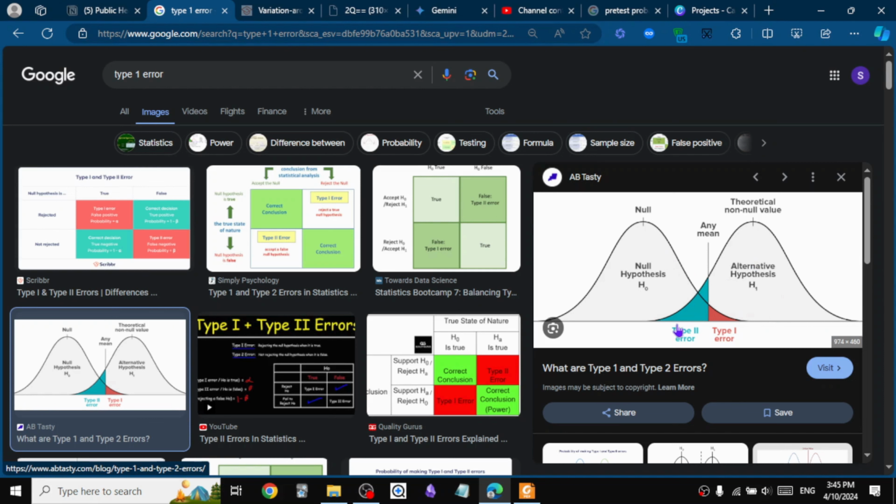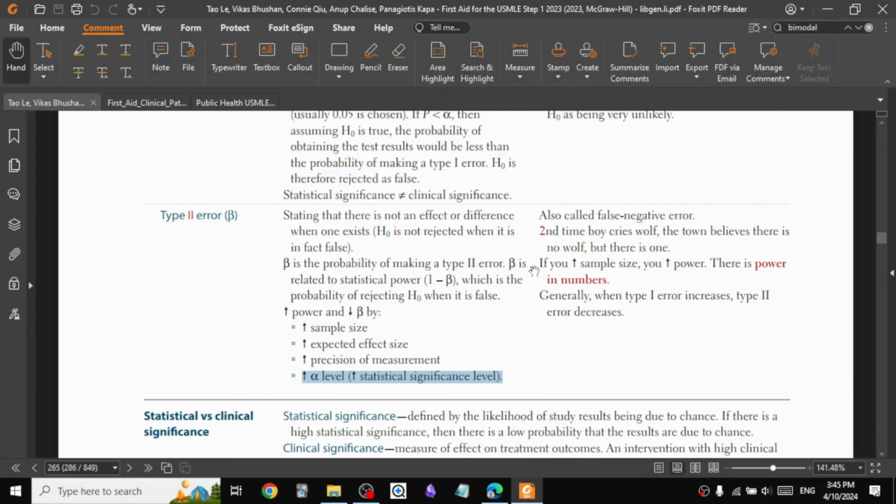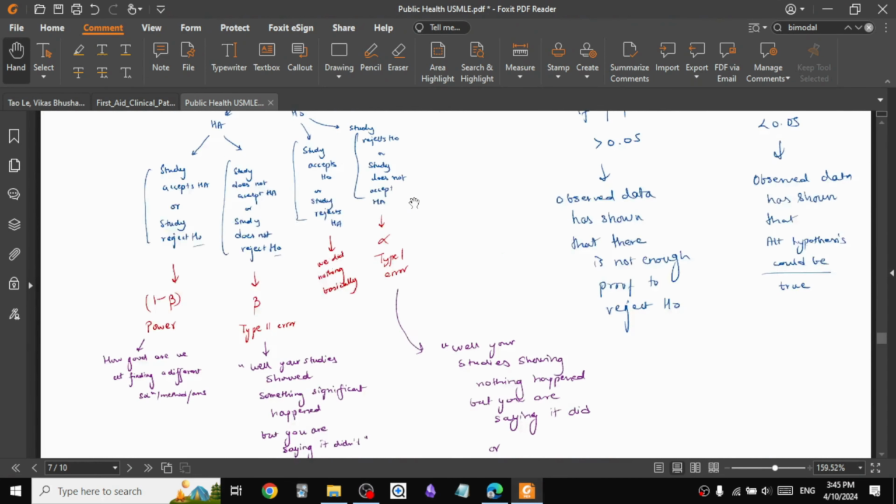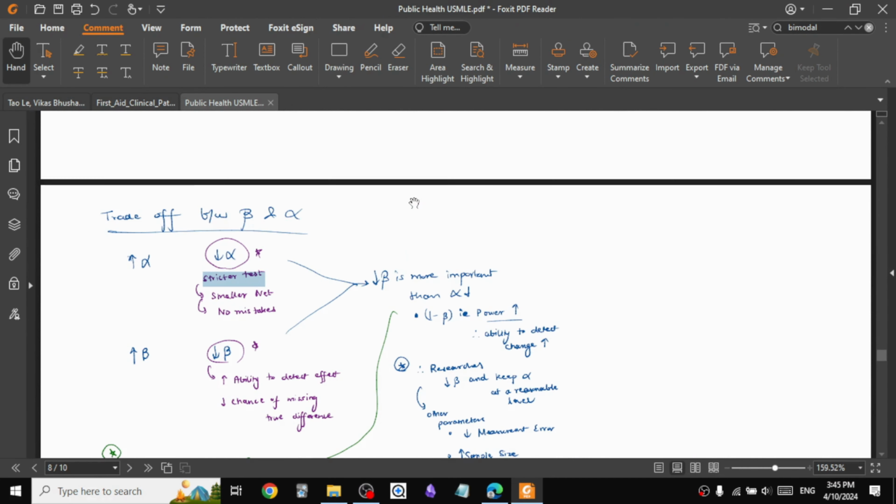And if I take more of the marker in, what am I doing to the type 1 error? I'm automatically increasing it, right? And how does that make sense? I have to increase the alpha level to increase my power. How does that make sense? So you have to intuitively think about it: there is a balance. And what is this balance? It says that